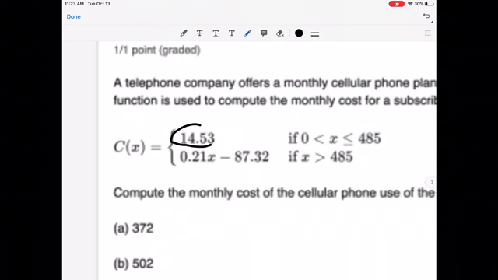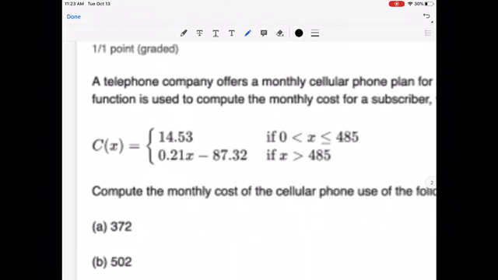All right, so notice here's the 14.53. That's all you will pay for that month, but under the conditions that you either talk for 0 minutes, which you probably want to talk more than 0 minutes, but you only pay 14.53 as long as you talk for 485 minutes or less. Then you only pay the 14.53. All right, so it can be less than that, and again, they're always going to just charge you the $14.53,